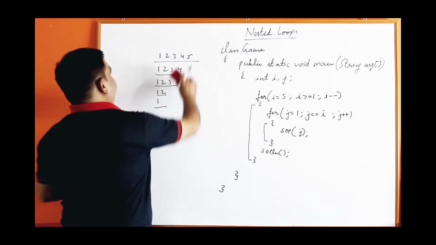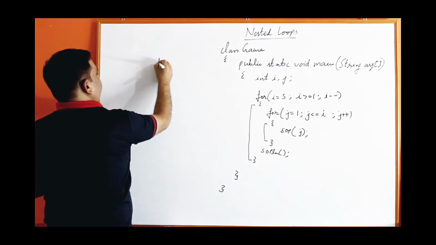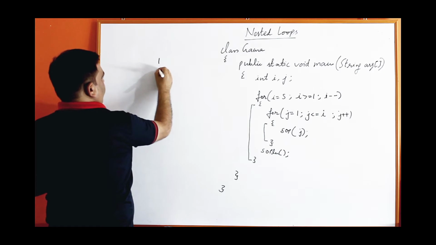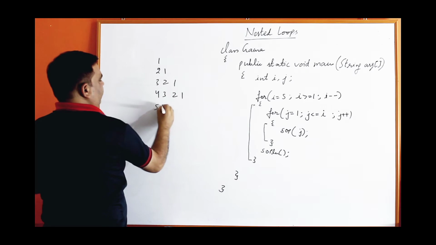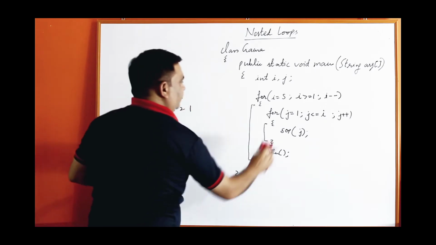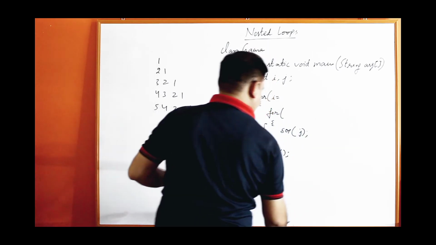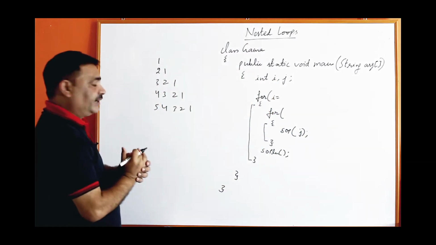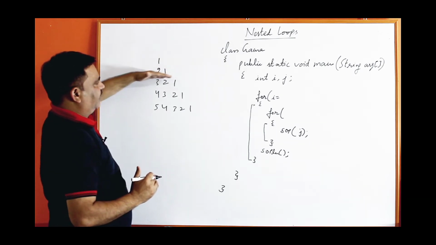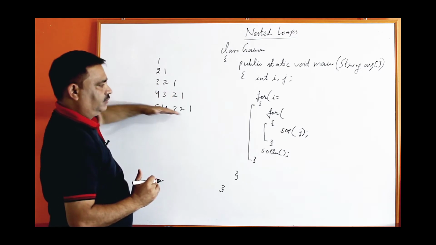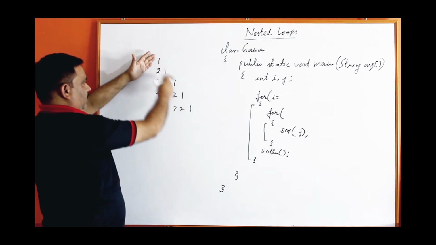Now again try to understand how I am making such a program. One more output is this: 1, 2 1, 3 2 1, 4 3 2 1, 5 4 3 2 1. I am going to make it from the beginning. Both the loops I am going to adjust. Try to understand the working, how I am making this. See, these are the horizontal lines. This is for the inner loop. The inner loop is this one and the outer loop is either this way or this way.